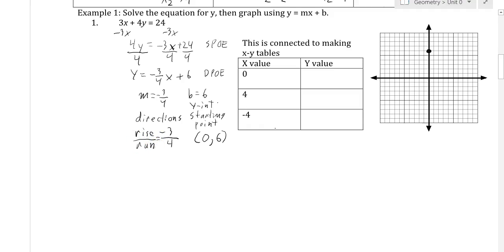Slope is directions, how to move from one point to another. So we're going to rise negative 3. From our starting point, we're counting down 1, 2, 3. We're going to run positive 4. 1, 2, 3, 4. There's our new point. So if we do that again,